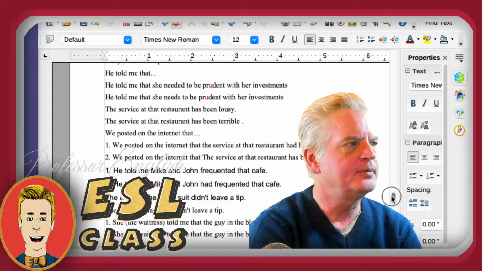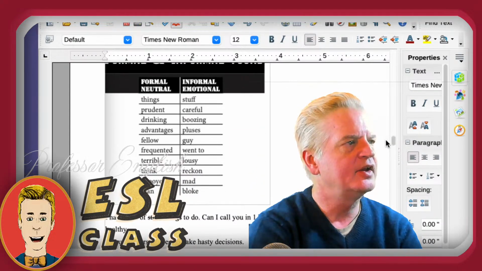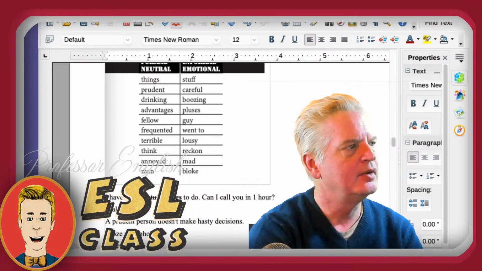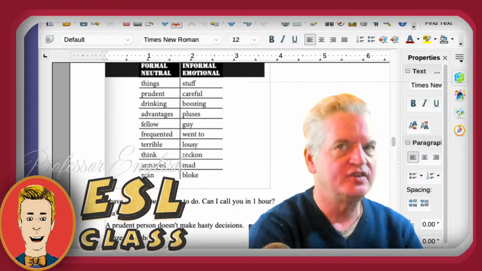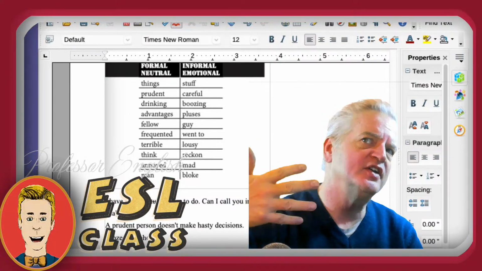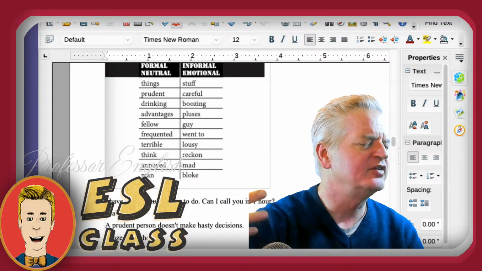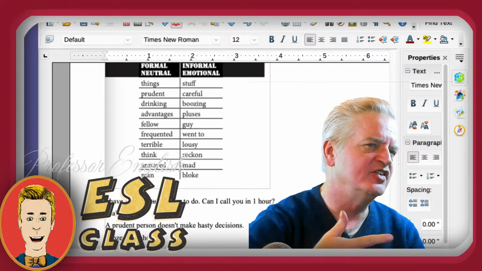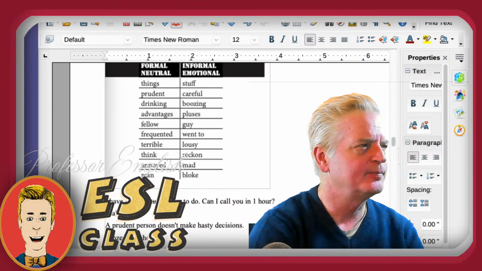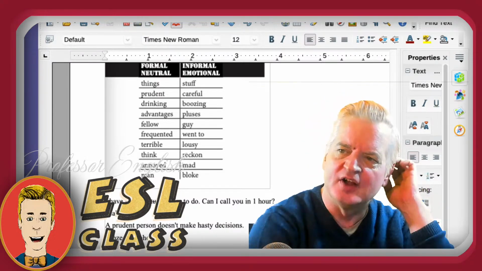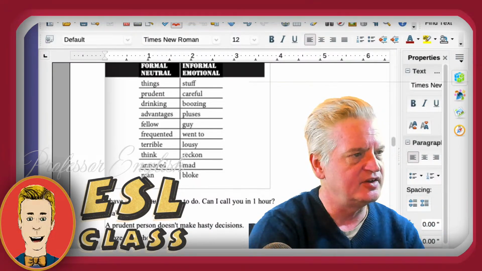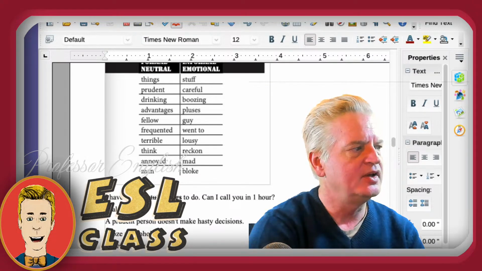Now, let's go back up to our list of synonyms. And can you find another way of saying plus? What is the synonym for plus according to this chart? It's advantages. So you can talk about pluses, which is a very casual way of talking. That's a very informal way of talking. Or you could say advantages, which sounds a little bit fancier. So let's change that sentence. Our reputation is our only advantage.